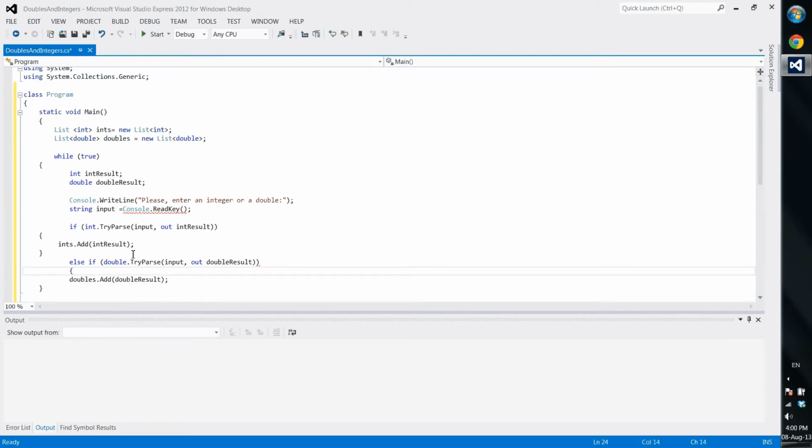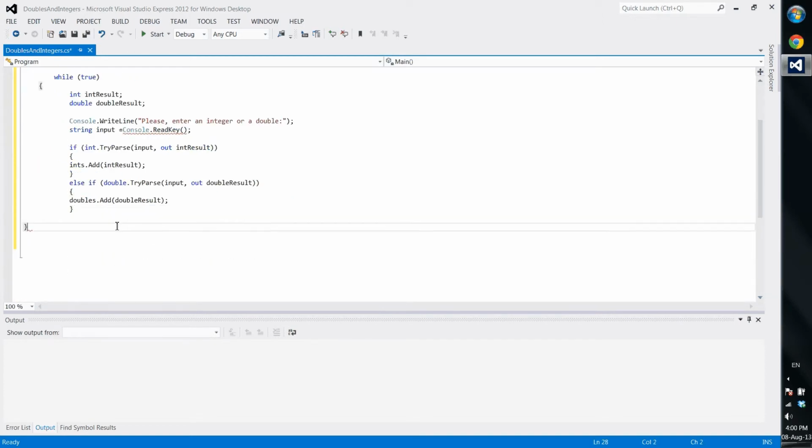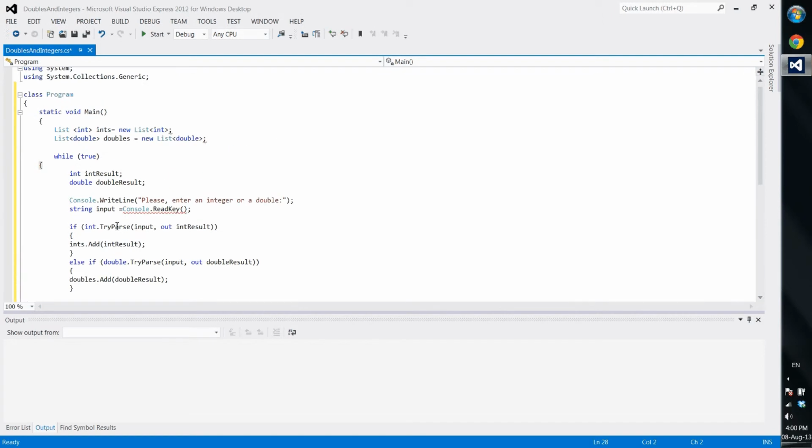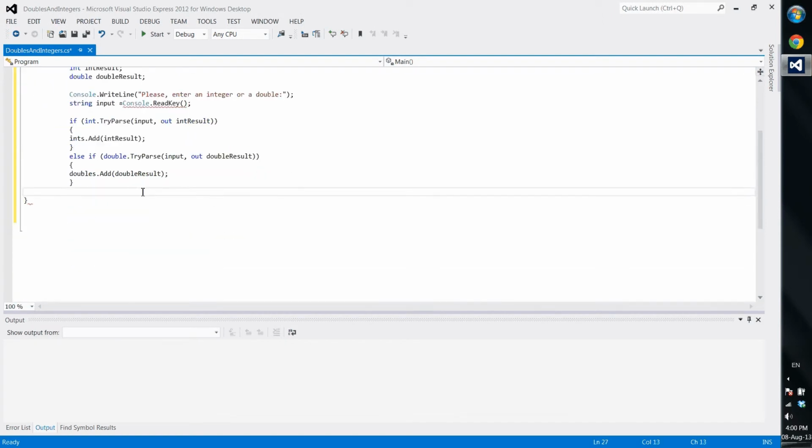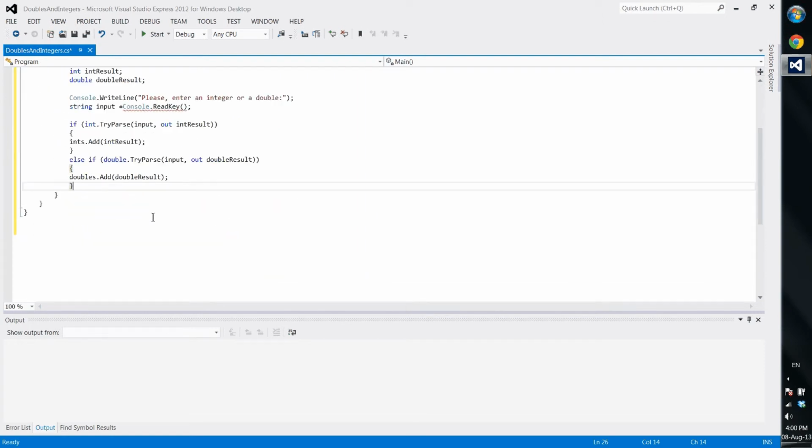And else if double.TryParse input, out double result. And in this case we make double result dot add, not double result but doubles dot add to double result. And